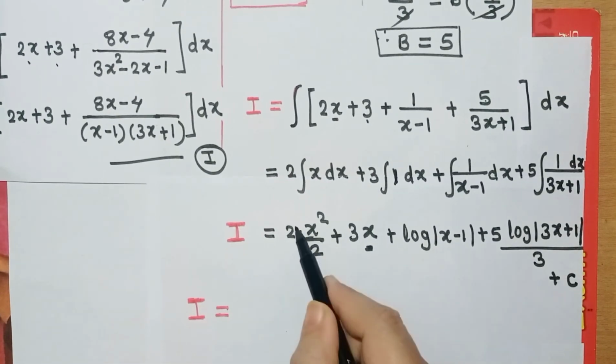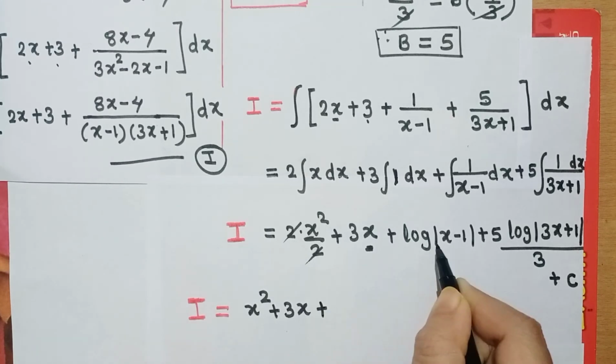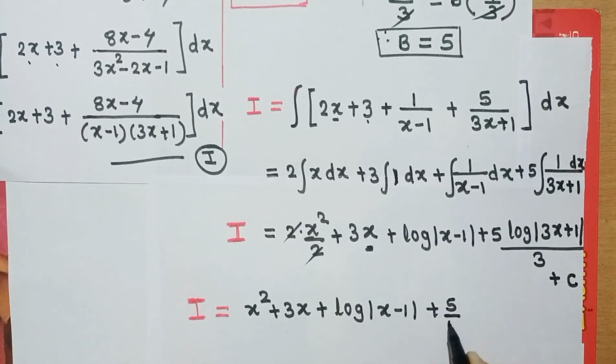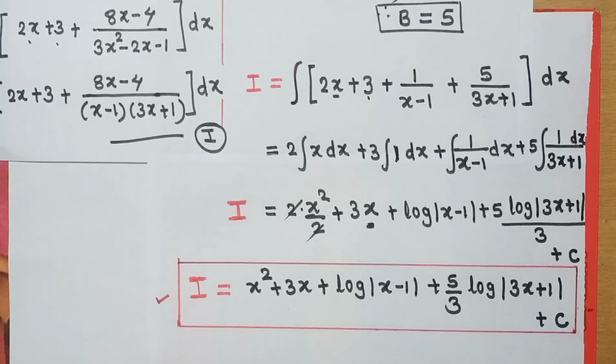And again in the last step, this 2 gets cancelled, and here we will write x square, then this term 3x, then this third term as it is, and here we will write this constant here 5 upon 3, and then we will write this and plus c. This is our final answer, and here we have completed our integration by partial fraction and our topic also, which is indefinite integration. And in the next lecture we are going to start our fourth chapter, definite integration.